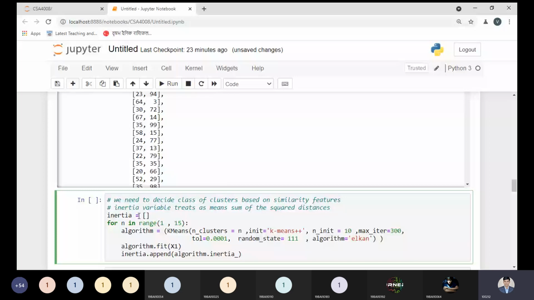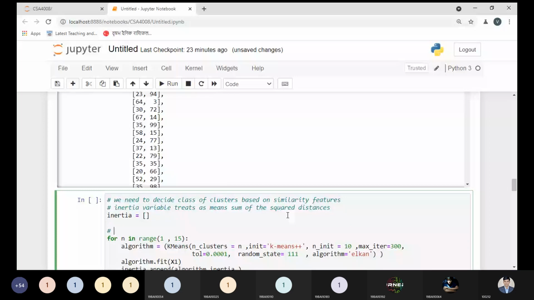So this is the point we have done. Now next, we need to use a loop up to 15 times. It's up to you if you want to use 10 times, 5 times, or 20 times. As I told you when choosing the k value in an optimum way, we will try to find our k value between 1 to 10, as I told you while discussing choosing the k value. So you can decide any value. I'm deciding 15 here. If you want to extend this further, no issue.